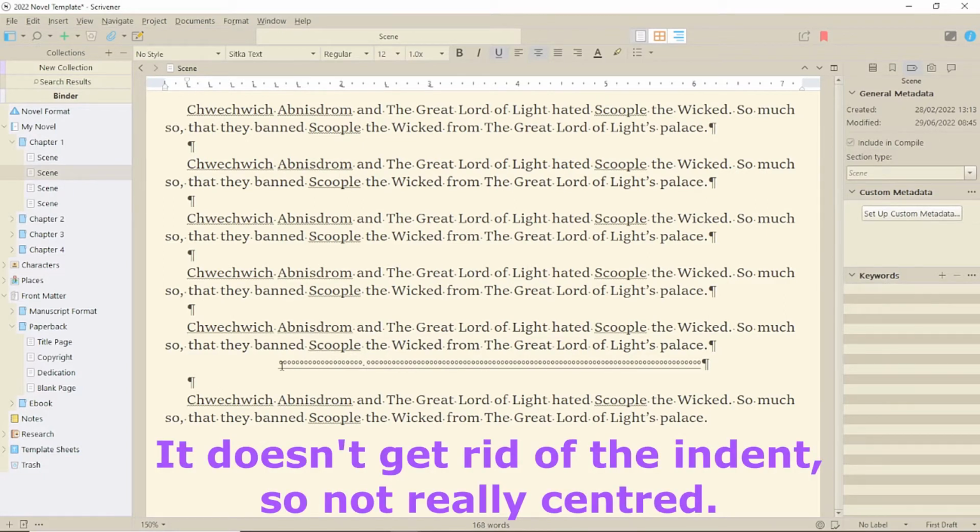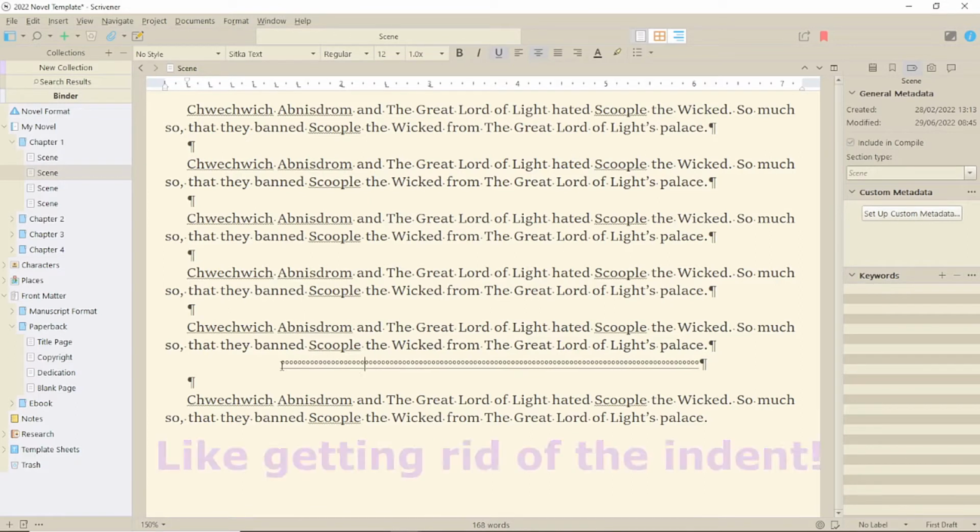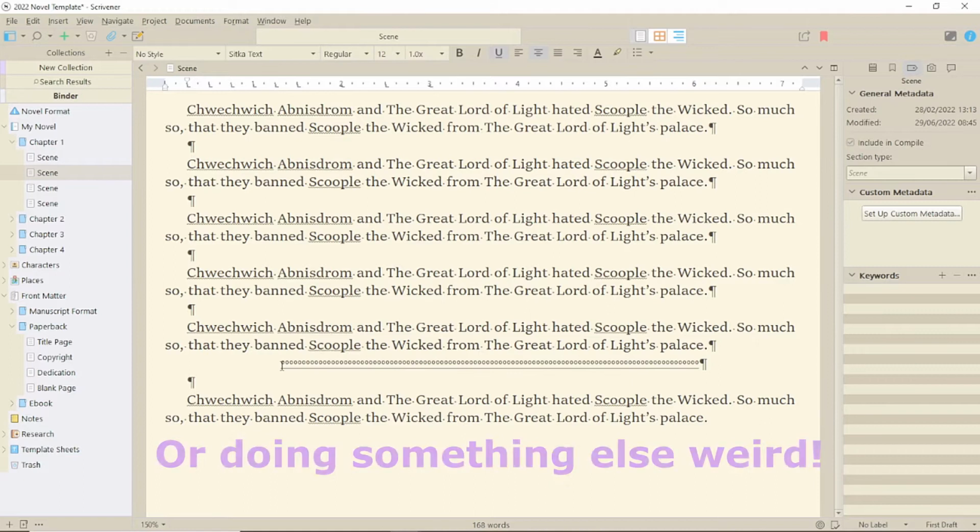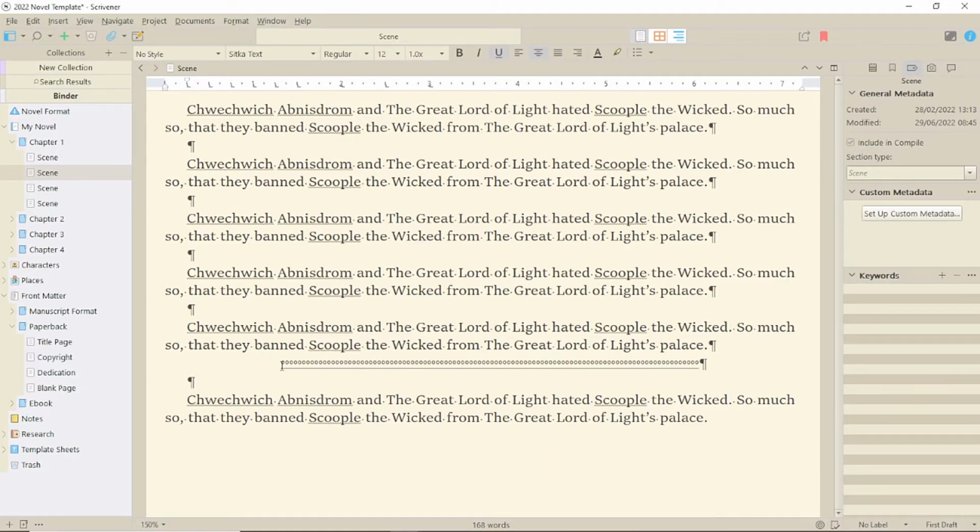This will probably work fine in your paper book, but may need a little tweaking, but will not work well in your ebook, because a line of that style will cause problems when people increase the text size or if they're reading on small screens, where it'll end up wrapping onto multiple lines. If you want to use some kind of centered line as a separator, I'd suggest using the custom separator option in Compile instead, where you can make a percentage adjustment for ebooks. I'll link that video at the end.